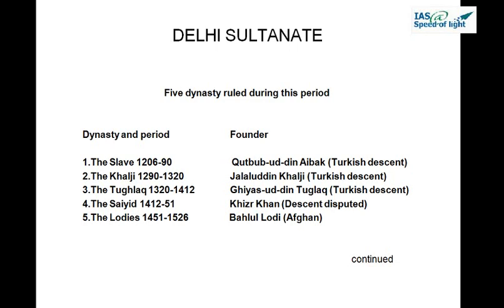Now, the second would be the administrative setup of Delhi Sultanate. This becomes a very important part to understand because, as we know, these rulers were from Afghan and Turkish origin, so they brought many different administrative traits from Central Asia, which they tried in the Indian subcontinent as well. And we will see how these different administrative traits of Central Asia evolved during the period as per the local